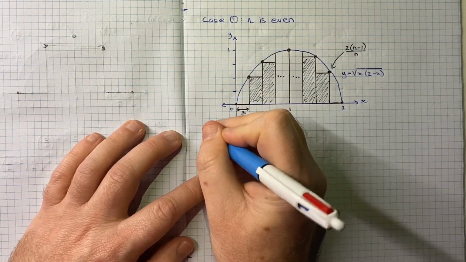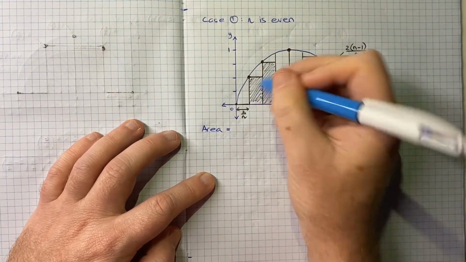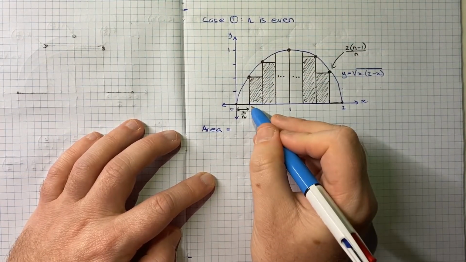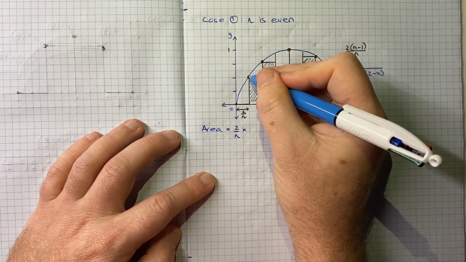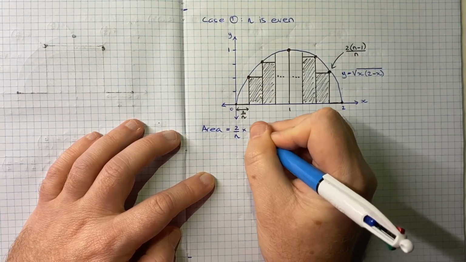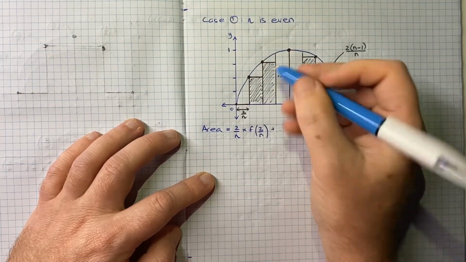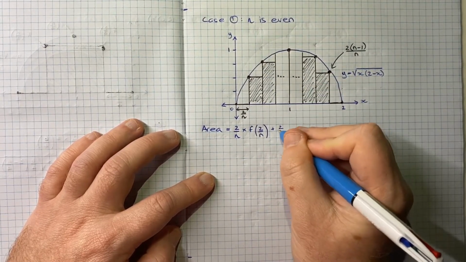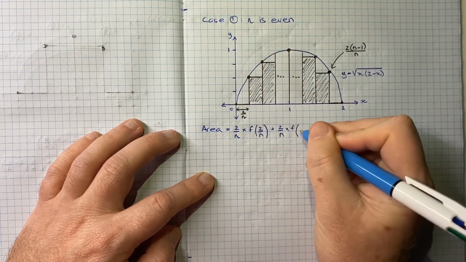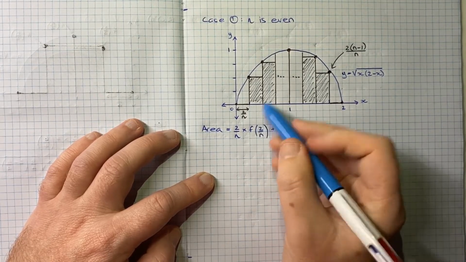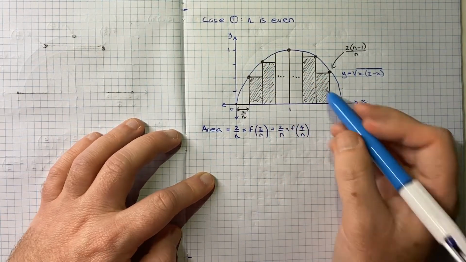What's happening? In general, the area we can write as, we're going to have this first rectangle with a width of 2 on n. And at this point, the function is f at 2 on n. And then again we'll have another rectangle with a width of 2 on n, and the height of this rectangle will be the function at 4 on n, because we've gone 2 on n 2 times at this point. And then you'd keep going,